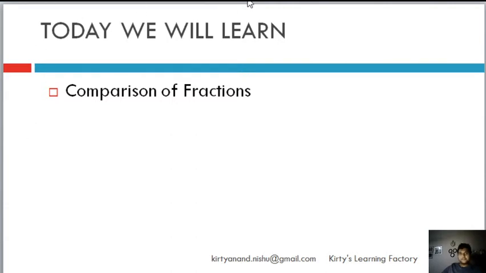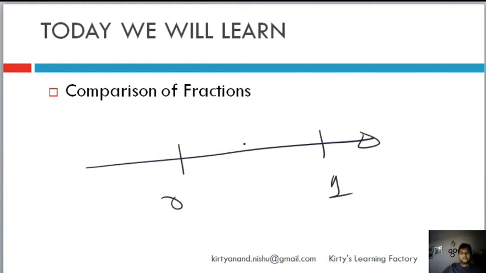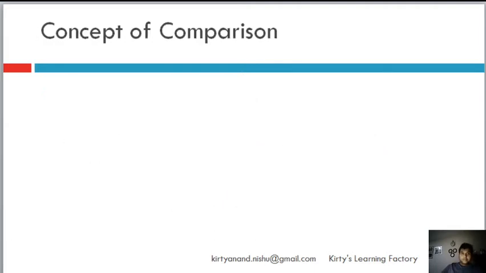Comparison of fractions means which fraction has a larger value on the number line, and which fraction has a smaller value. Is 1 by 2 larger than 1 by 3? I can write it by my experience, but when you look at it, how can you figure out which fraction has a larger value? Is it 1 by 2 or is it 1 by 3? So the concept of comparison, first understand, is that